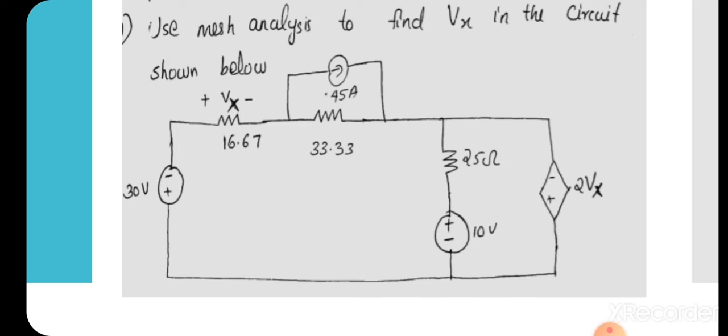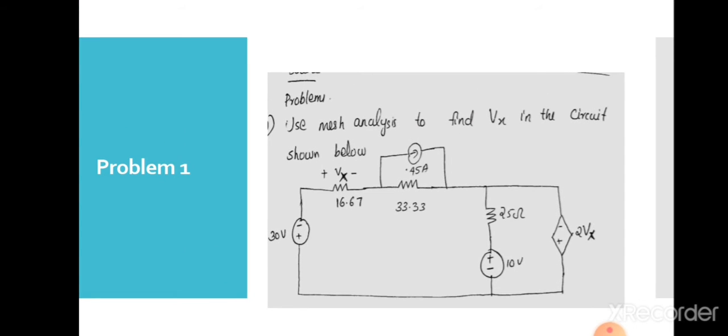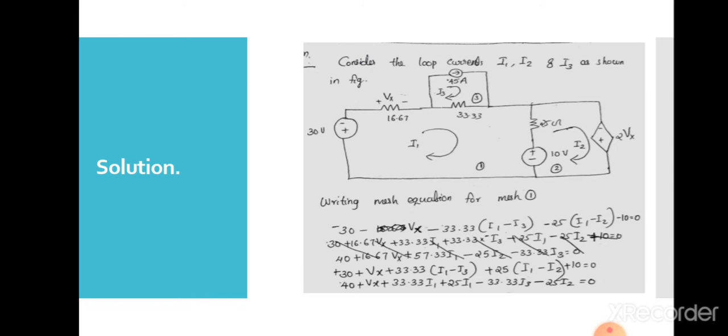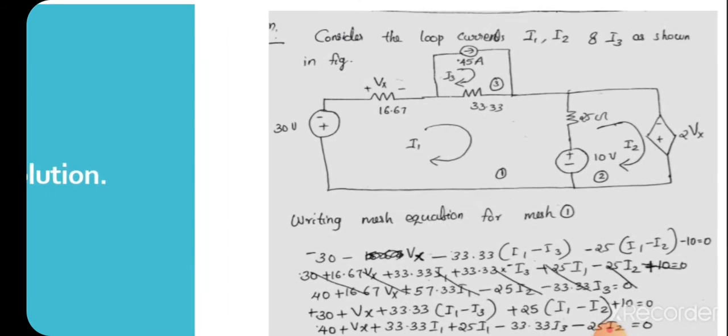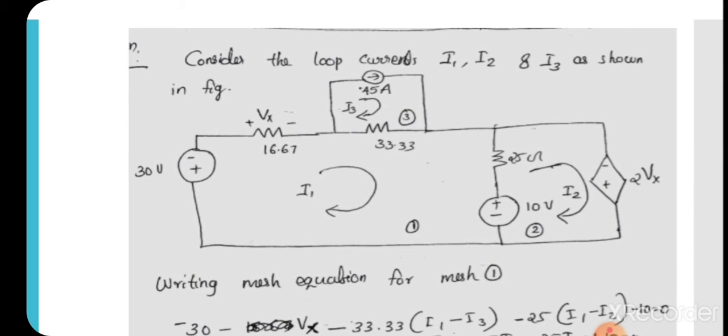And these are the hints to solve this problem, okay? Let us start by solving this problem, and the next slide explains how you can solve this, okay? So I am again redrawing the circuit by showing the loop currents. The same circuit is shown here, but the difference is that the loop currents are marked.